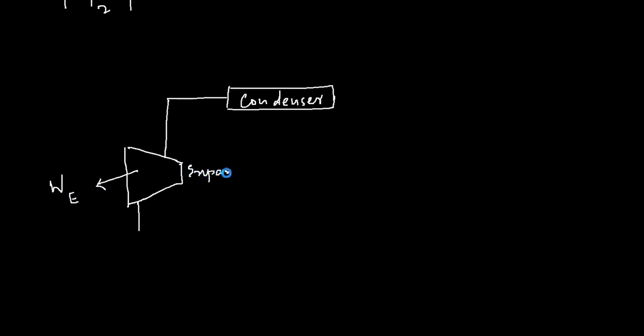You will have a condenser, and from the condenser the refrigerating fluid or liquid passes to the expander or turbine, and that expands here, and that produces a work of expansion. Let's call it expander. And then it moves to an evaporator here,